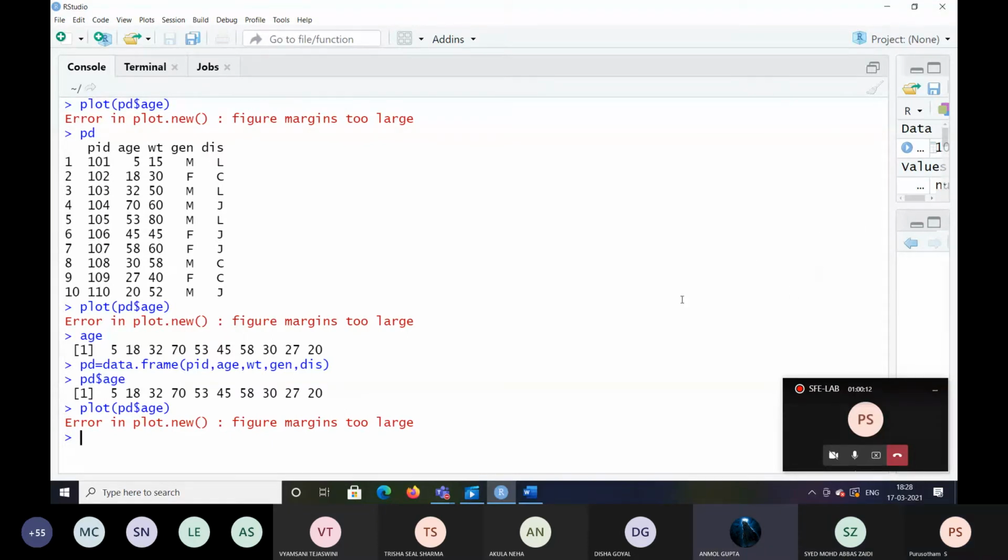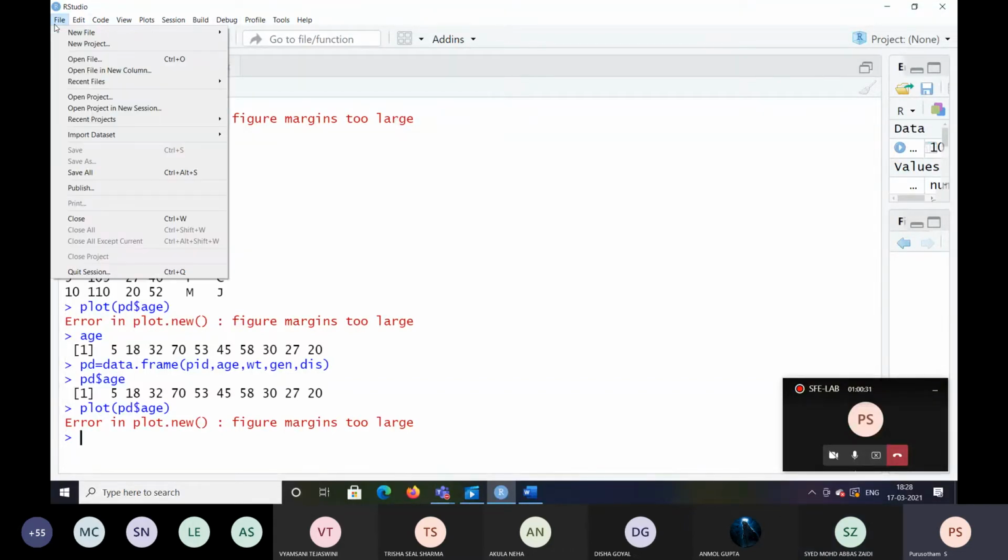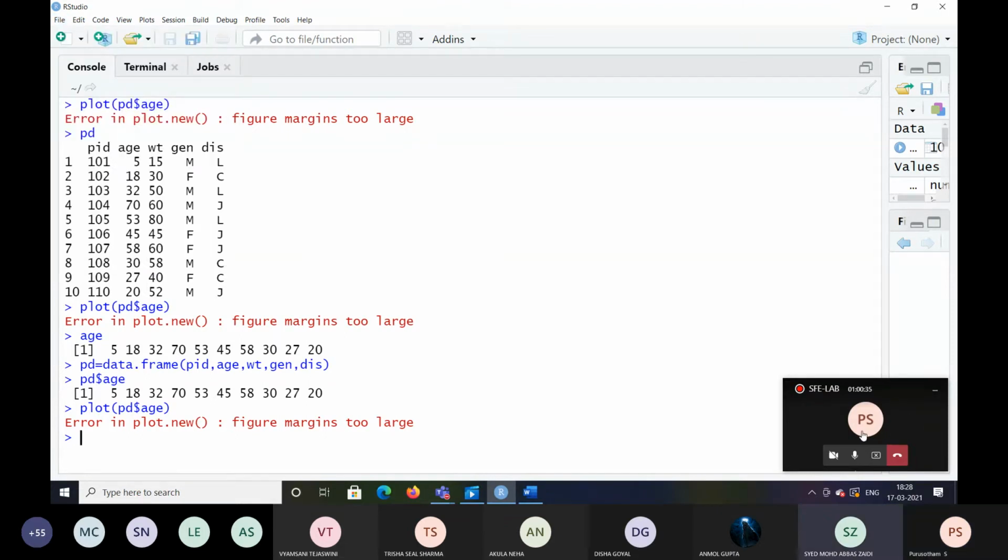Sir, I think he is getting that because we were supposed to be using the RGUI and he's using RStudio. Okay. Hello. Yes, sir. So you are working in RStudio. Yes, sir. Right. So you take this RGUI. You change the settings. Check once. Okay, sir. Is anyone else getting an error like this?